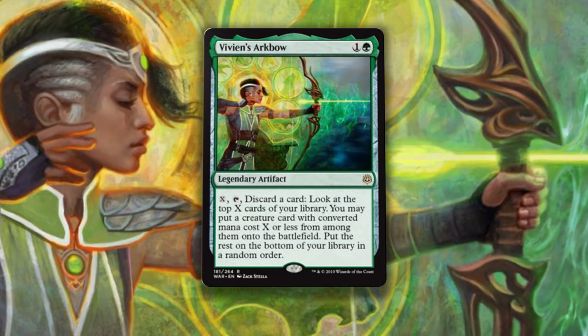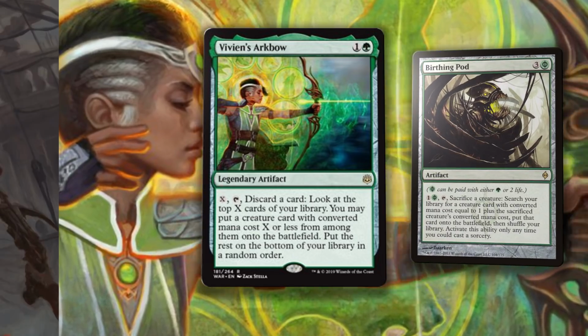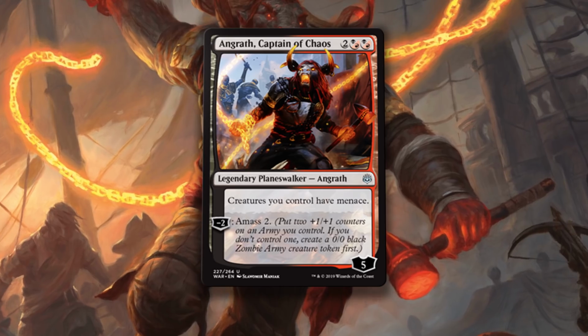I think this has a chance at standard play. It's sort of like a fixed Birthing Pod, kind of. I enjoy it. Angrath, Captain of Chaos, is 2 of anything and 2 hybrid red and black mana for a